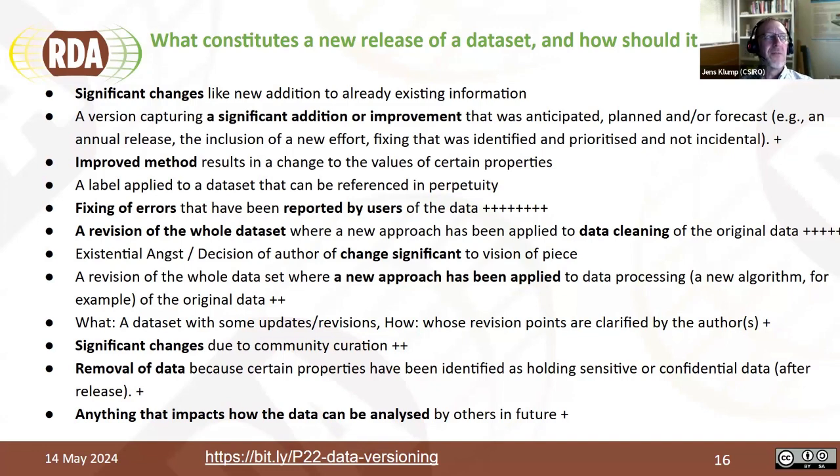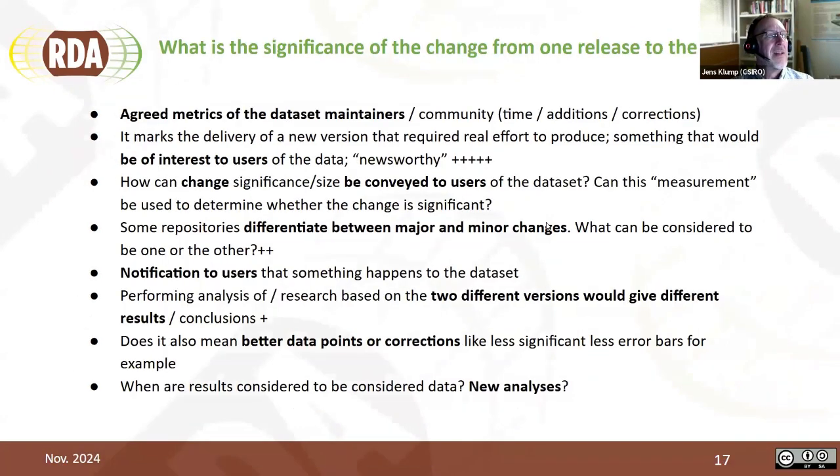One of the questions was, what constitutes a new release of a data set, and how should it be identified, and why is there a new release? What is the significance of the change from one release to the next? How do we communicate that?